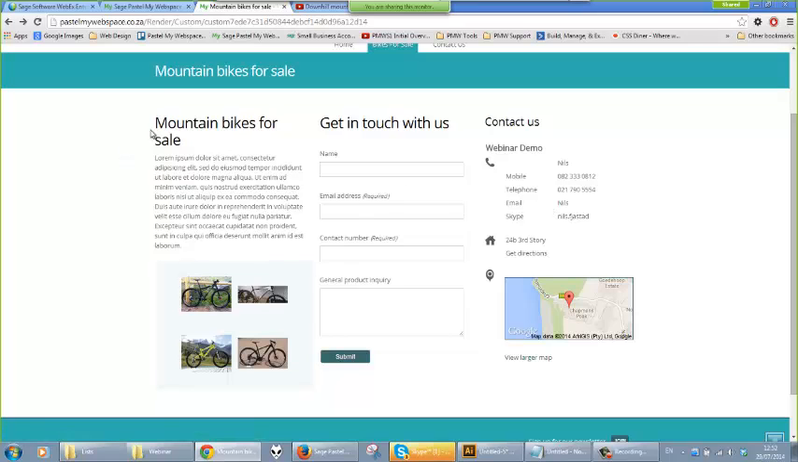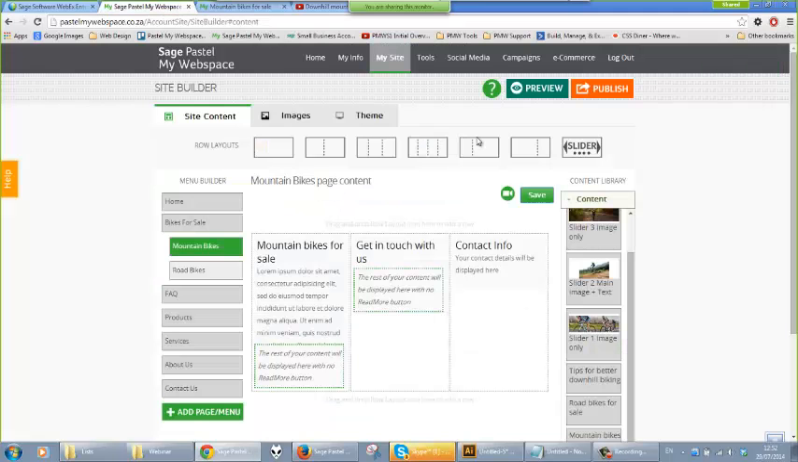So now I've got mountain bikes for sale. I've got maybe some promotional text here. I've got some cool images. I've got a form, and I've also got my contact details should the client want to get hold of me. Obviously, I could structure this page in any way that I see fit. So if I wanted to create maybe